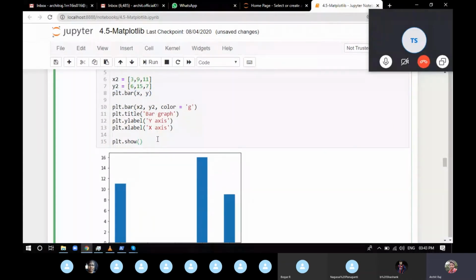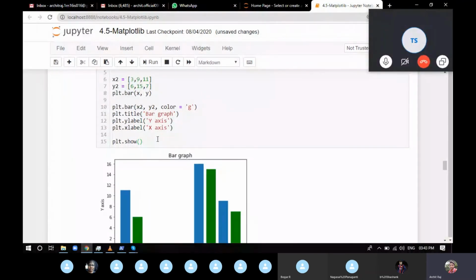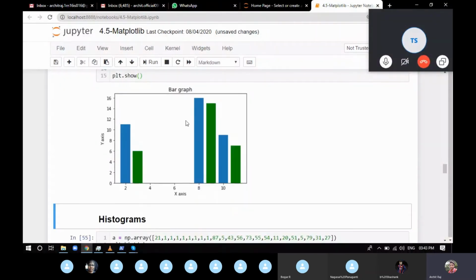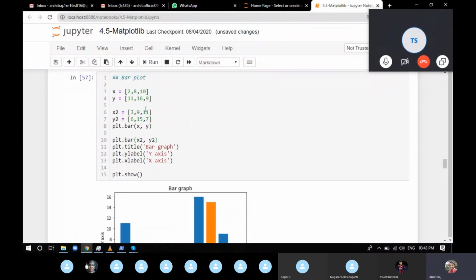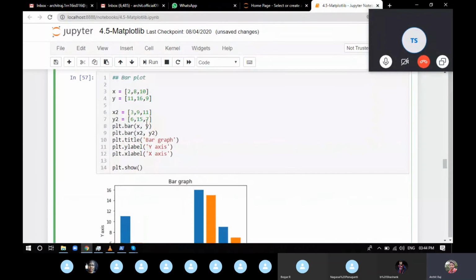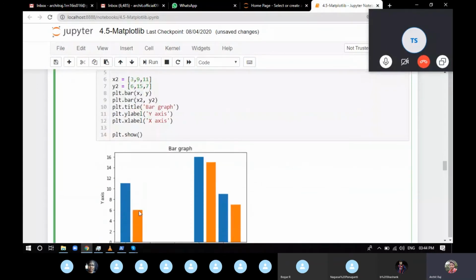And if I remove the color, because the default color is blue, you can see it will not show you the same color. The default setting of bar plot is that each and every time you write the function bar, it will randomly pick a color and provide you with the visualization. So you can see the first time it's blue, the second time it's yellow. If you write any third line, it's going to be something else.